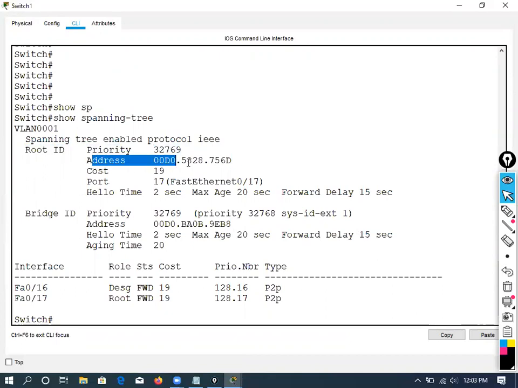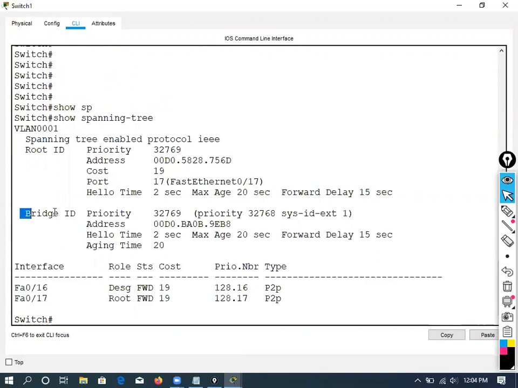This is the MAC address of the root switch, and this is the cost value to reach the root switch. I connected on port number 17 to that switch. Hello time is every 2 seconds. I said BPDU will be sent every 2 seconds. And the maximum age is 20 seconds. Is it clear? This is what I said about the blocking one, 20 seconds, done.